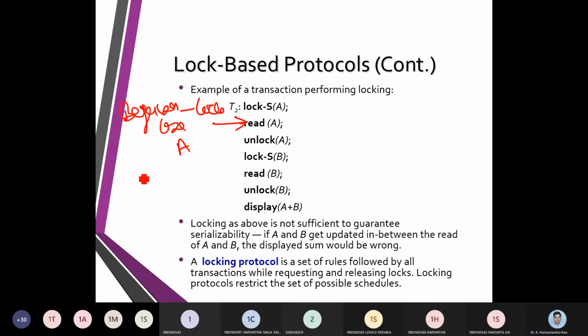After using, we unlock it, and then the same for B. So we have lock and unlock, again lock and unlock, before the read operation and the write operation.